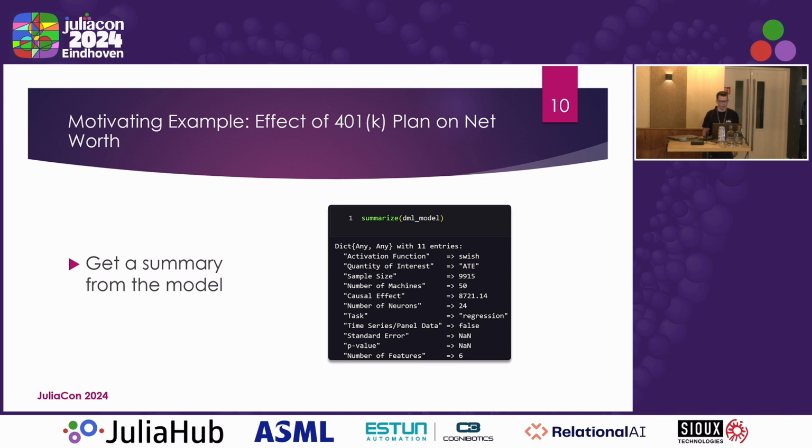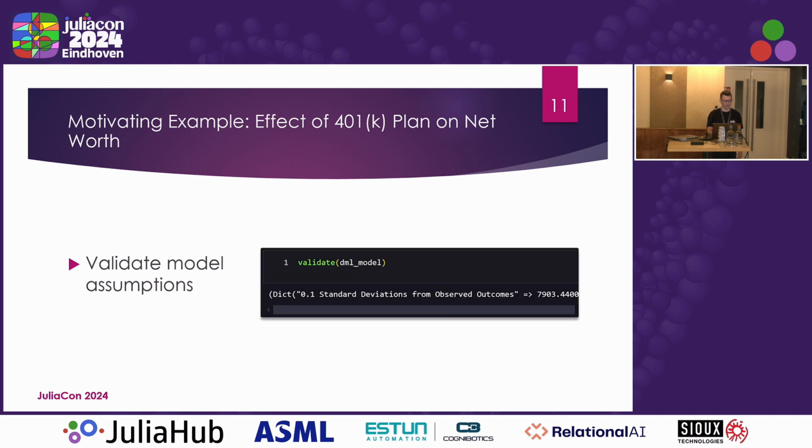One thing to note here is that the standard error and p-value are set to NaN. If you don't want them to be NaN and you want to estimate them, you can use the keyword argument inference and set it to true. The reason that it's set to NaN now is because it does take a while to run, because a lot of the models don't have closed form confidence intervals. So the way we estimate these non-parametric p-values and standard errors is through randomization inference, or permutation-based inference, and that takes a really long time. So by default, it's set to false.